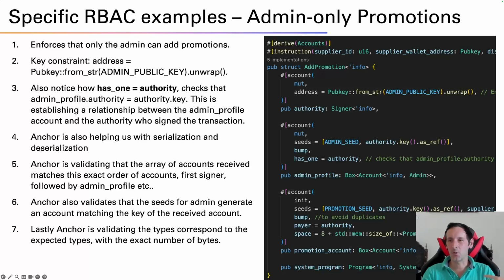mentioned in my last video, when you define an account in Anchor using the account attribute that you see here, Anchor ensures that the account data is serialized and deserialized correctly as part of reading from or writing to the Solana blockchain. So this is key, and it's something that is done automatically for you, as I mentioned before. It's great because we don't have to do this explicitly. Great. Point number one. Point number two, again,